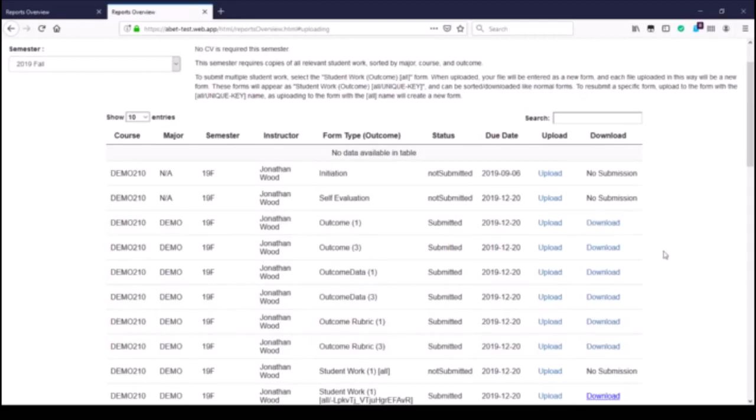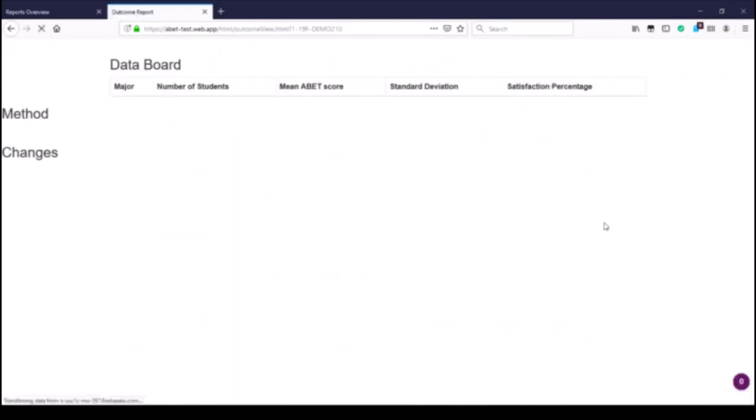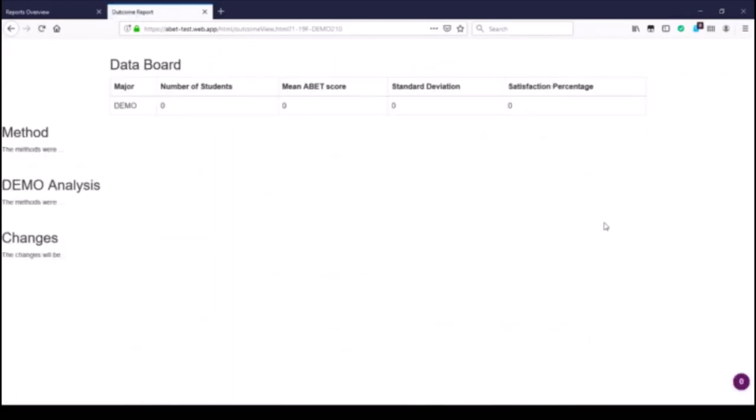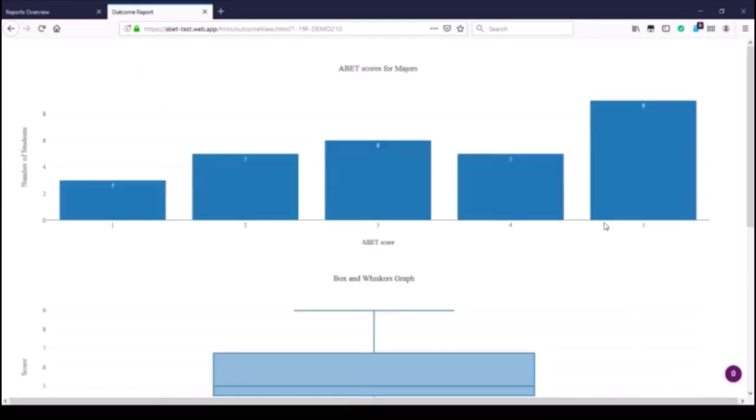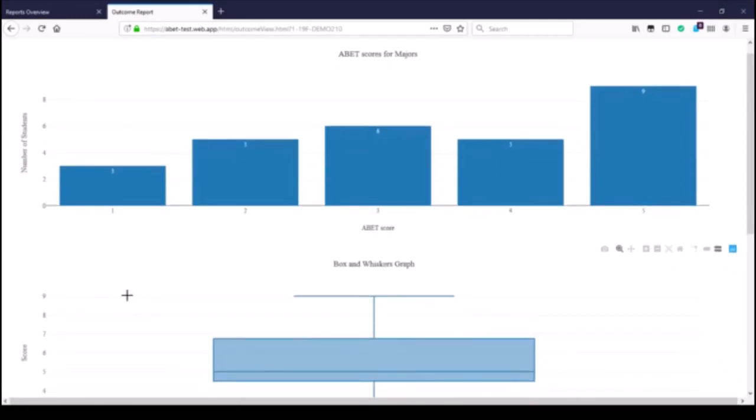If we've submitted actual forms, those will be available to download as files. If we have either used the Canvas integration plugin or this upload form, these will be submitted as raw data, integers, numbers, and text, into the database, and so we'll be able to come and see this web-based viewer with a useful distribution for the